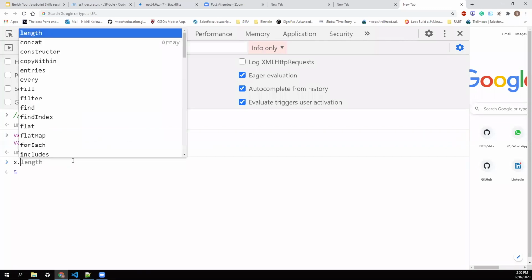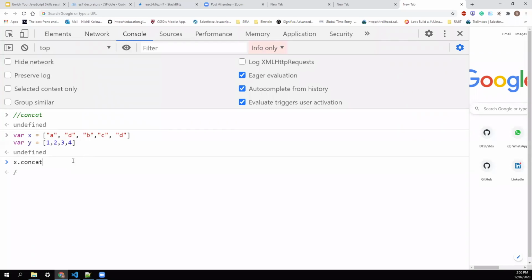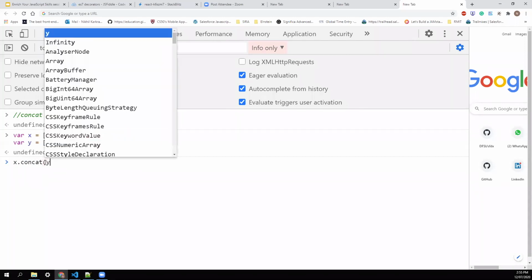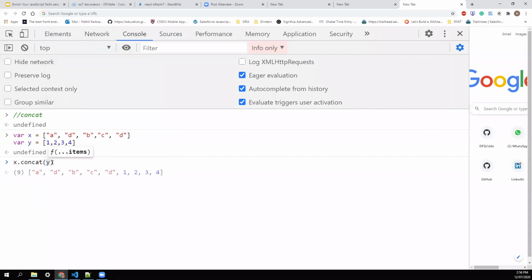To achieve this, you say on the X array, run the concat operation and pass the other array that you want to concat on X. So I want the Y values to be concatenated with the X array. And if I hit enter, you can see you have the updated concatenated array.